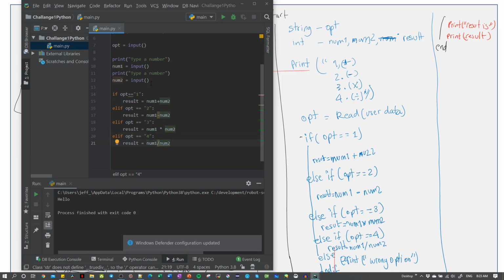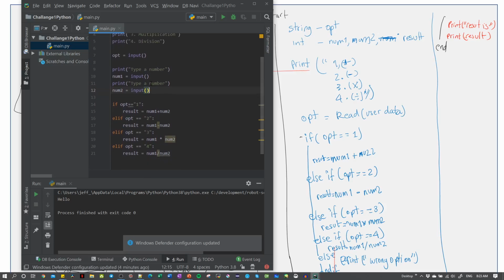Okay, so here it is thinking that this is a string,